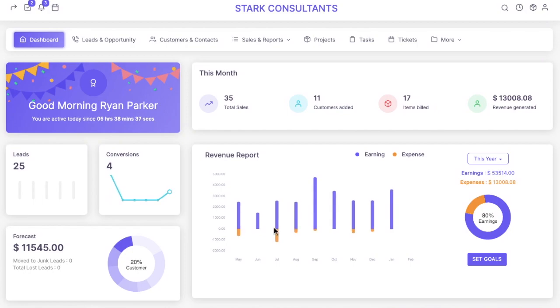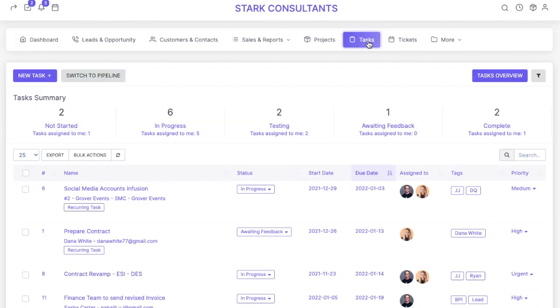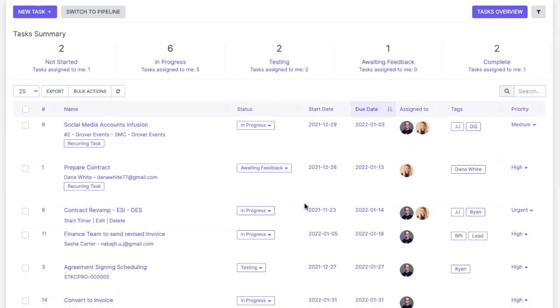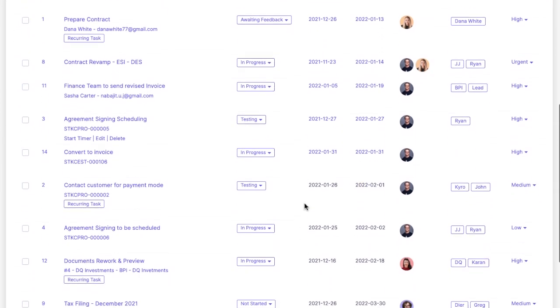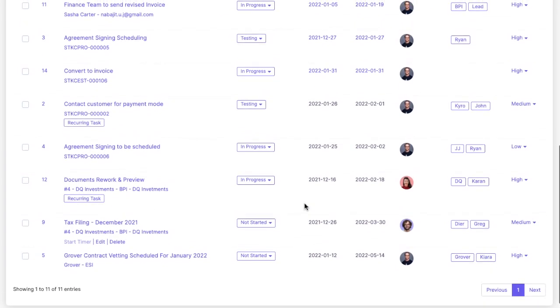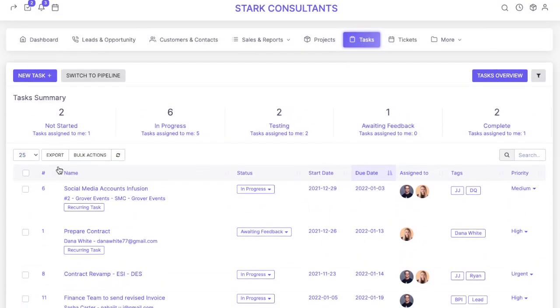In the altraCRM dashboard, you have the tasks button right over here on the main menu itself. Once you click on it, you will directly come under the task section. As you can see, all the tasks that have been created can be viewed over here itself. You can see the name of the task, the status of it, start date, due date, assigned to which particular employee, tags, and also the priority of these